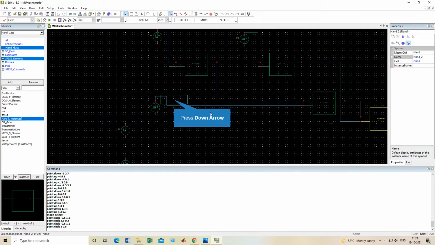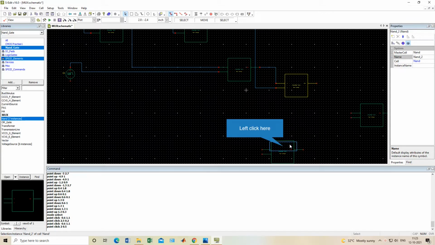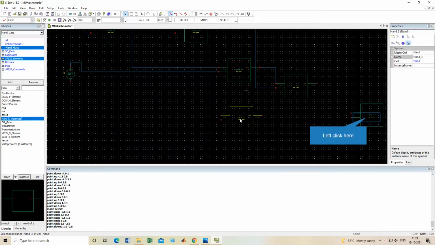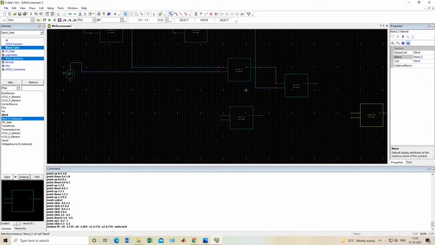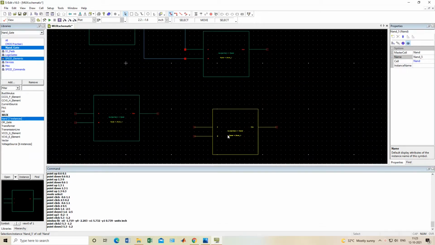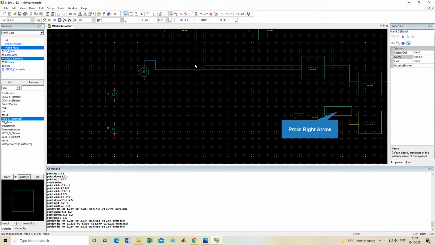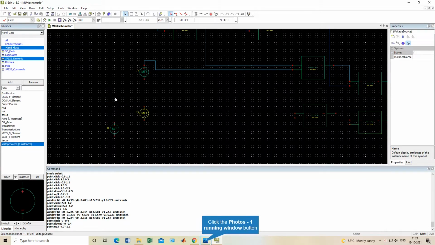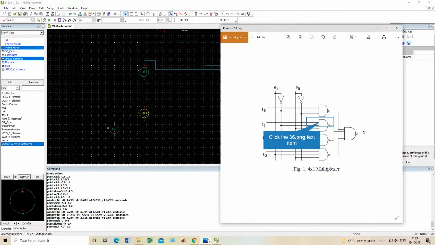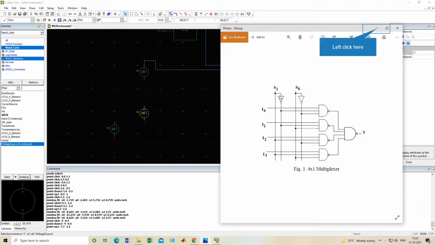Now come to the second one, below. This one I will put here, this one and this one, and drag this one here. The same thing will come for I1 also. I will design I1 like this. So what are the inputs? I1 goes directly to this second AND gate, inverted S1 is going, and non-inverted S0 is connected.